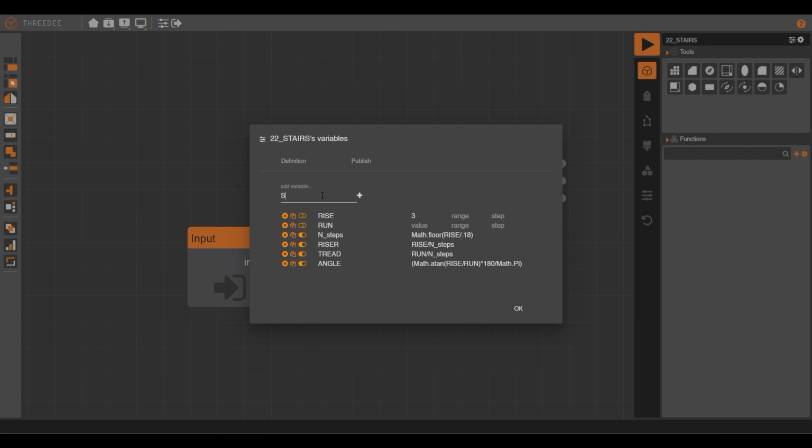Let's make another variable, slab thickness, and I'm going to fix my slab thickness as 0.2 units. That is a normal concrete slab. And then I'm going to calculate that distance in another variable as t, and t will be slab t